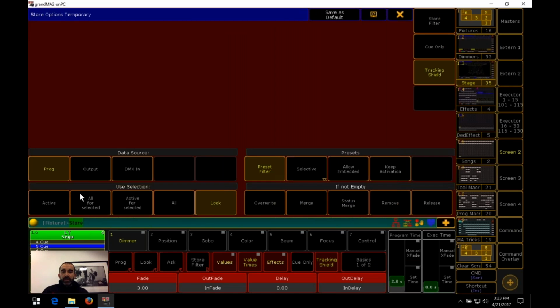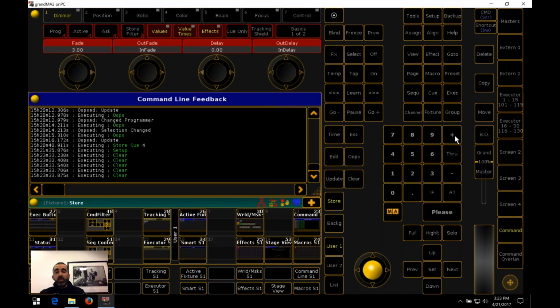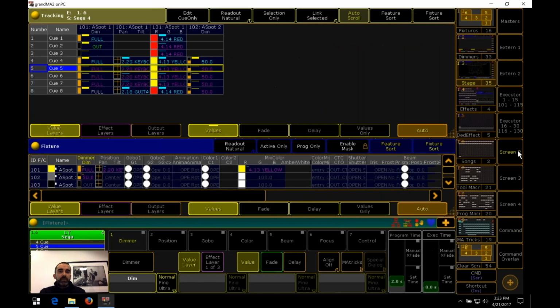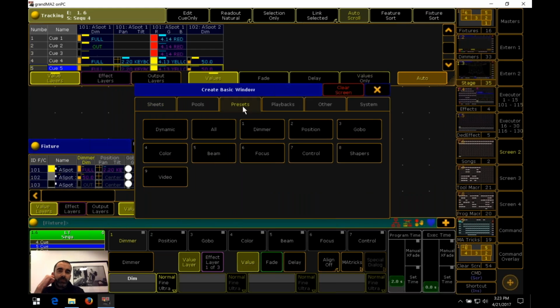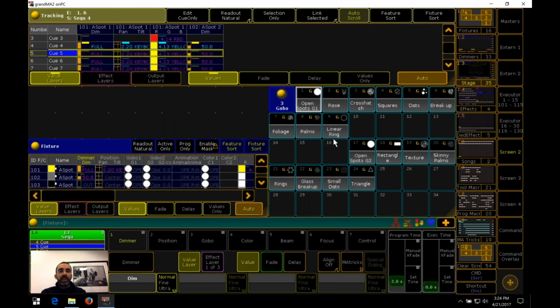Right. Additional options that do exist have to do with presets. So preset filter says if I'm storing to a position pool, only store position values. If I'm storing to a color pool, only store color values. So I think there was a question of, can I store focus information to my Gobo pool? There was a question about that. Right. So yeah, you just have to turn off the preset filter. So in this instance,